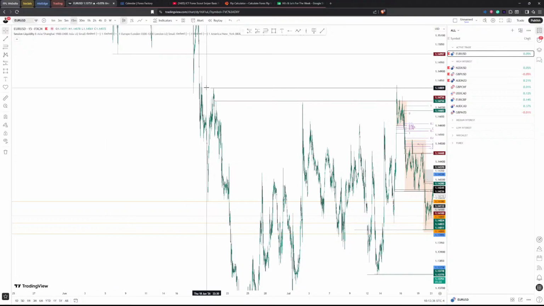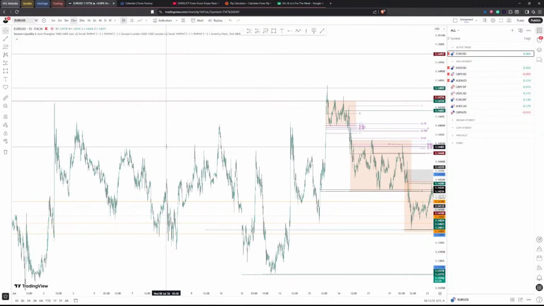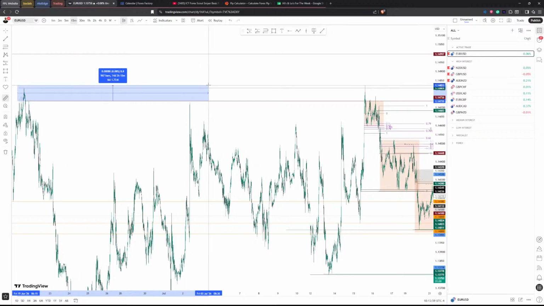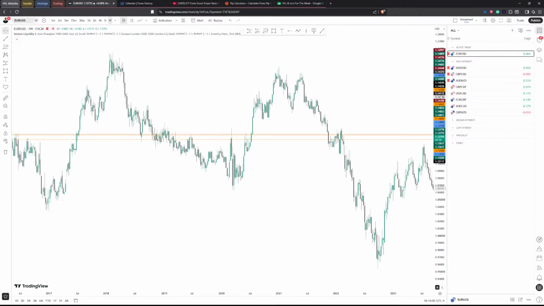Double check that. Where did I get 15 pips from? That's 2 pips. Something else I'm mixing up with. So we took out about 2 pips. Oh, it says 18 pips here in my notebook. Maybe I'm talking about this, because this is also maroon. No, because that's 8 pips. I don't know what I mean by 18 pips. But anyway, we took out a weekly time frame, I see.